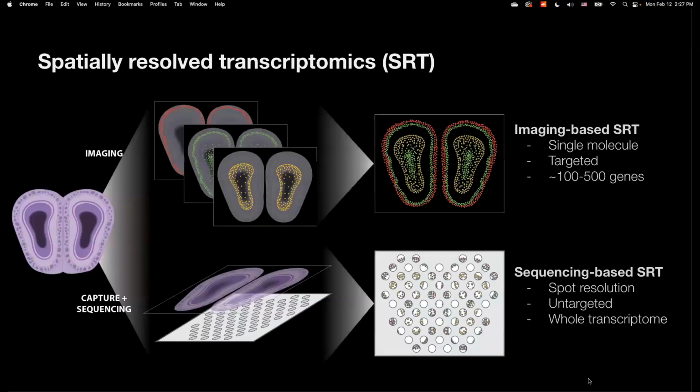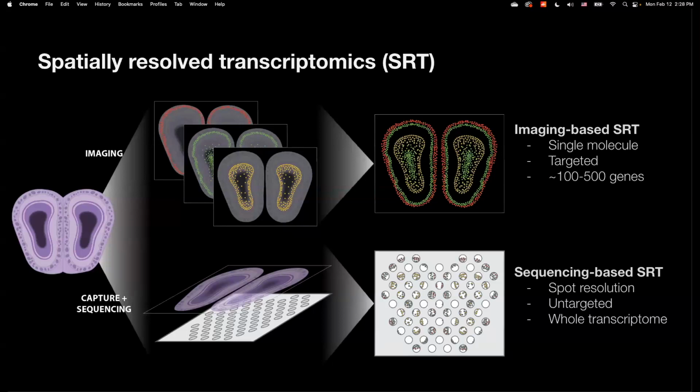As we have talked about and discussed at length earlier, spatially resolved transcriptomics technologies can be categorized into two classes. Imaging-based SRTs rely on multiplexed in situ hybridization and are very high resolution, resolving single molecules in space. For these technologies, you have to design the capture probes based on the base sequence of the species you want to detect. And although these technologies have been demonstrated to work with up to several thousand different RNA species, as we've seen in the previous talk, typical experiments nowadays usually include a panel of about a few hundred